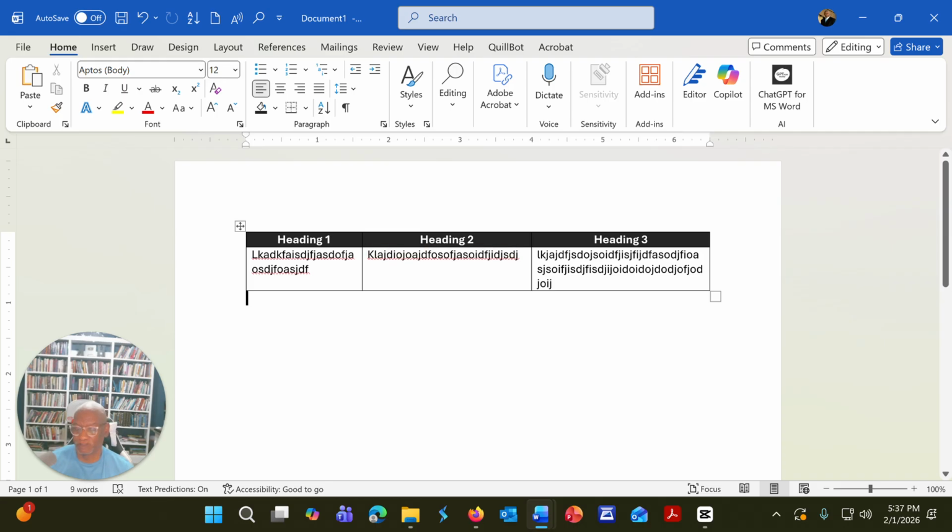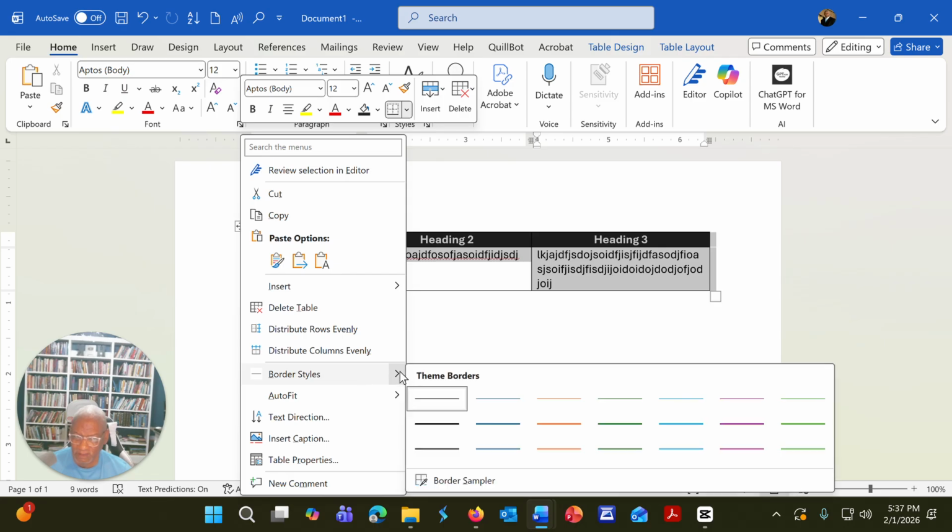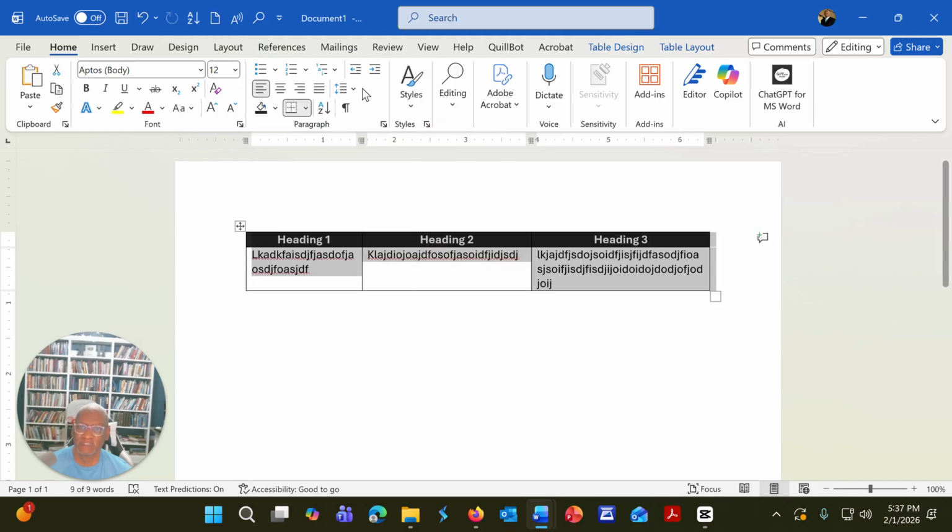So because that works better if you're going to use a black background, your font colors need to change. Okay. I think that's pretty much all I wanted to show you on the tables. Let me see. What else? If you wanted to make the lines of your borders a little bit thicker,